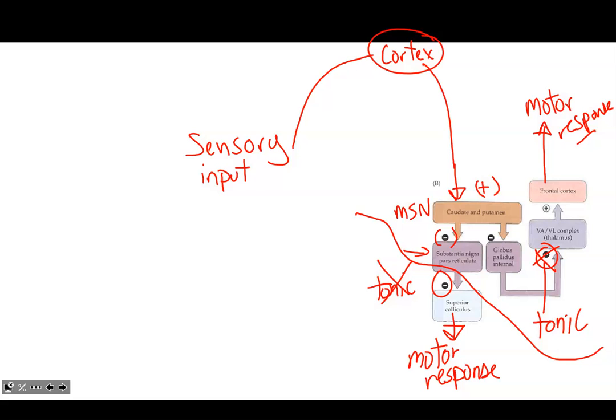The substantia nigra pars compacta is a brainstem structure that can also send axonal projections and stimulate the caudate and the putamen. So if you go back to this figure here,